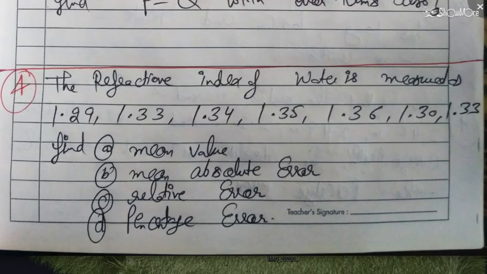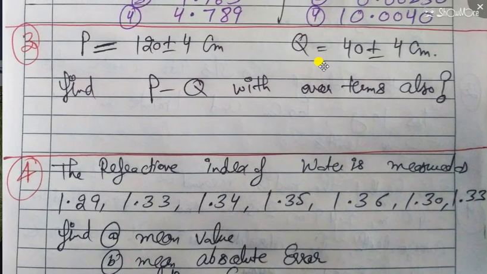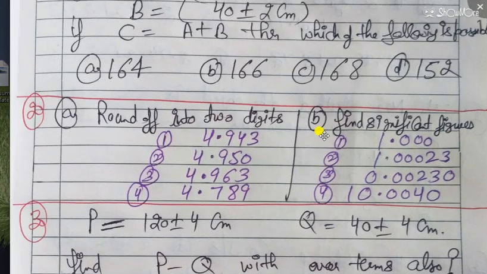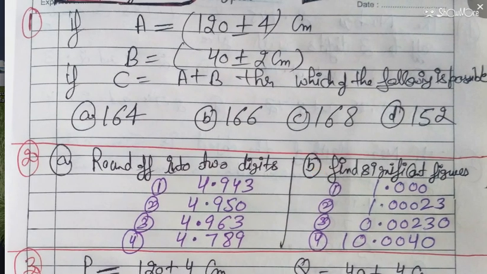The main concept of this video was to tell you about question number 1 and rounding of the digits. If he is asking about round off to two digits, then you have to write 4.9, 4.8 something. If he is asking about round off into two decimal places, then your answer will be 4.94. So I hope this is clear.